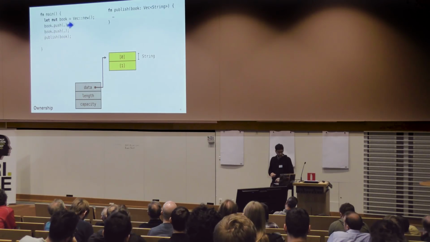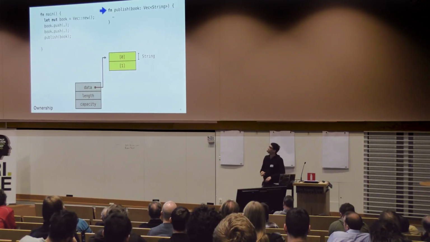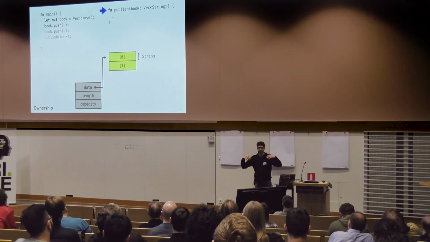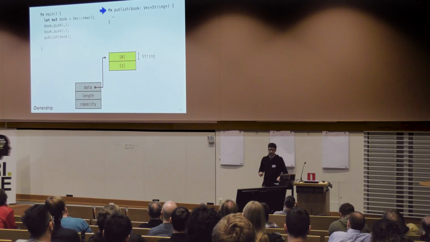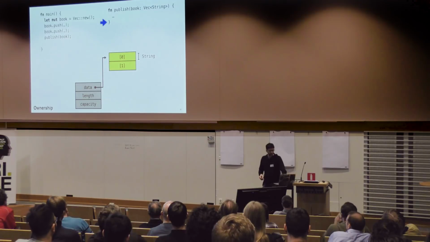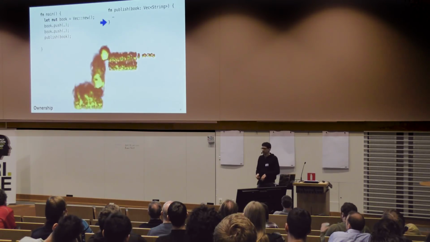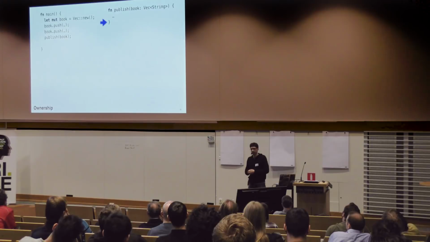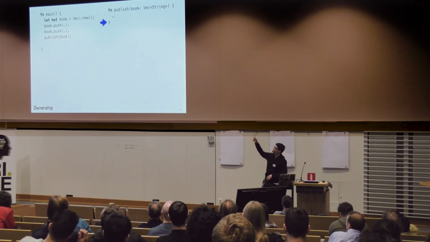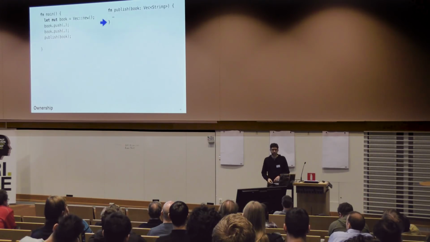Right. Now the callee can execute publish, and it owns this book. So when it starts executing, it knows that nobody else in the whole program has access to this book but itself, right? Only through this local variable. It can do whatever it wants, and when it returns, at that point, nobody else has access to the book. Publish is done using it, so we just free it, run the destructor, and free all the memory. And so basically, when a function returns, anything that it owns, which it hasn't already given away, gets dropped. That's what we call it. And that means you run the destructor, you free the memory, and you're guaranteed, basically, that it's going to happen right here when this function returns, not sometime later.